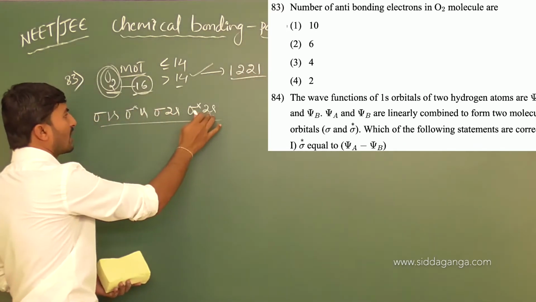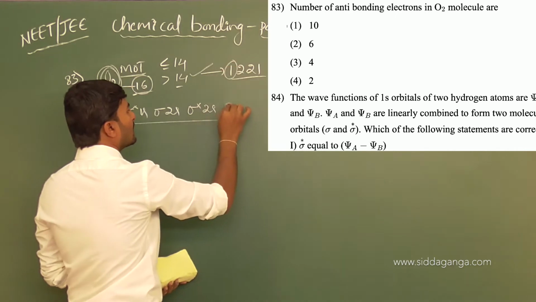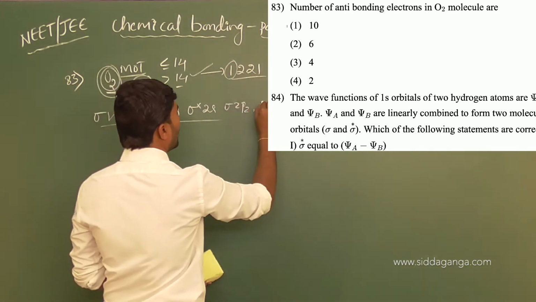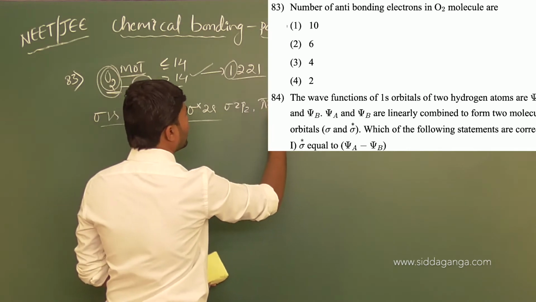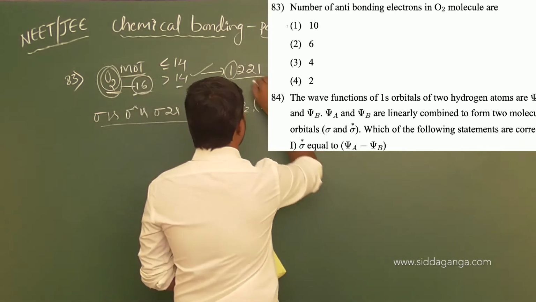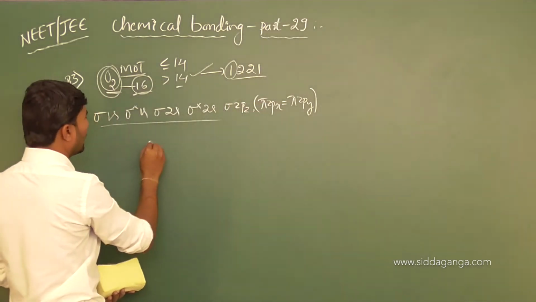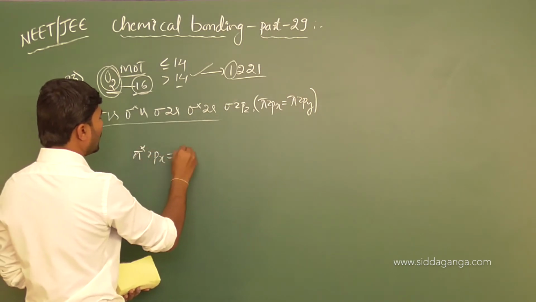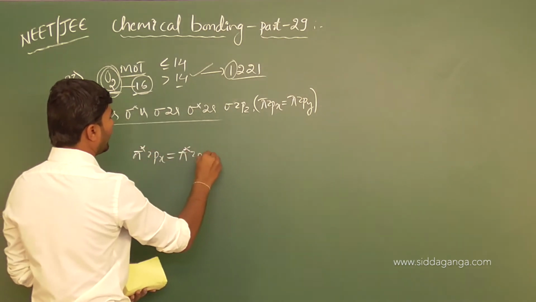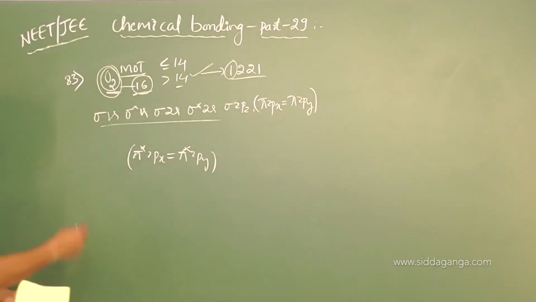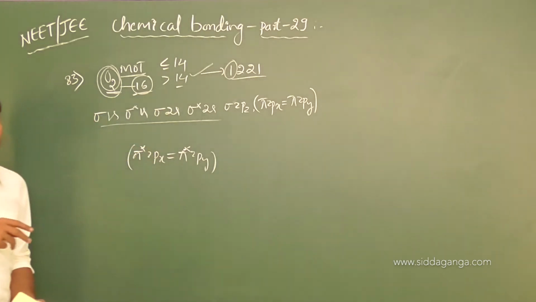Okay, after sigma star 2s we will move on with the sigma 2pz, followed by pi 2px equal to pi 2py, followed by pi star 2px equal to pi star 2py, and after that one more is there, that is sigma star 2pz. For this electronic configuration we have to